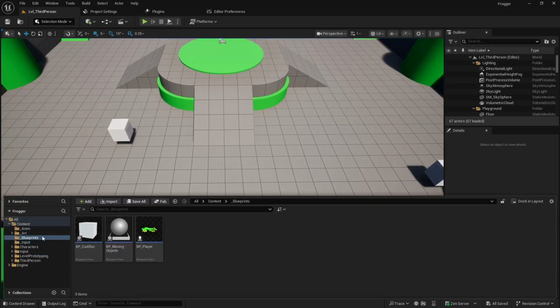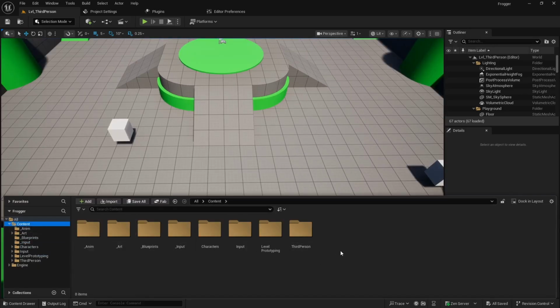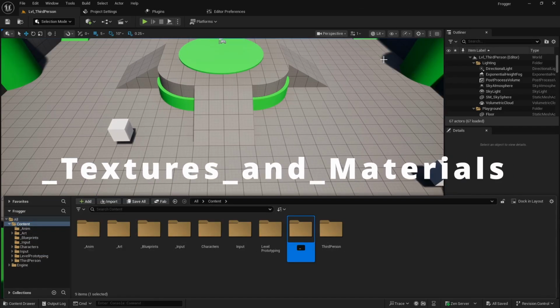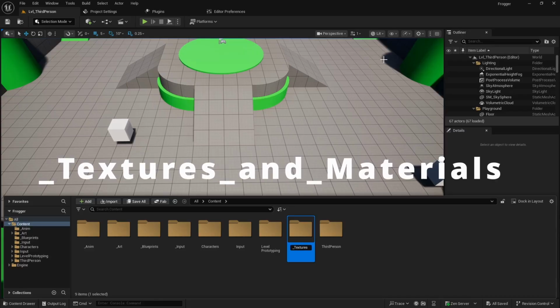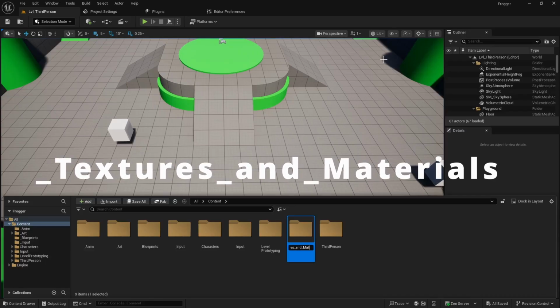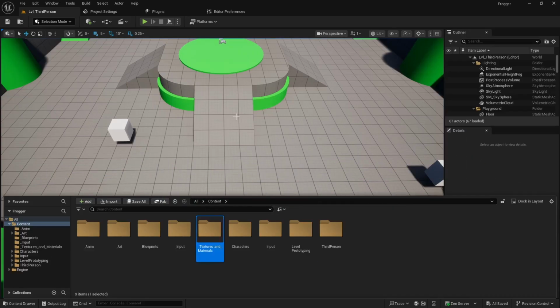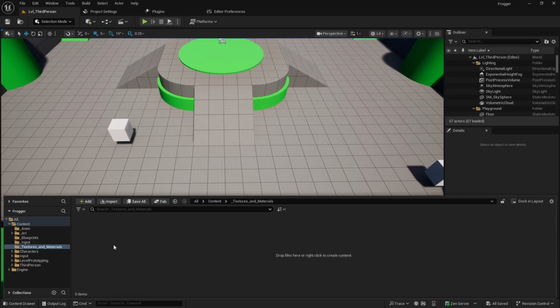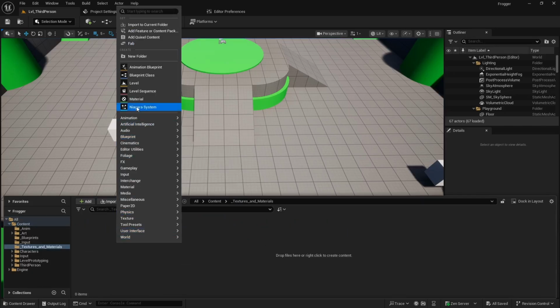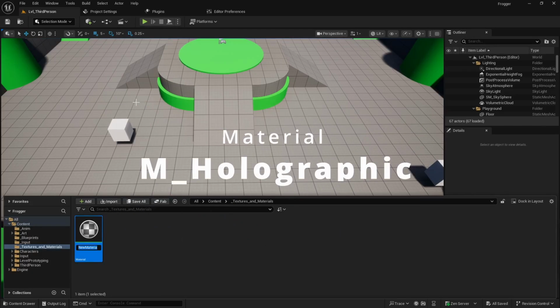Alright, so first thing we're going to do is go to our content drawer. We're going to create a new folder. We'll call it textures and materials. We'll double click to open that up, and we're going to right click and create a new material. We're going to call this